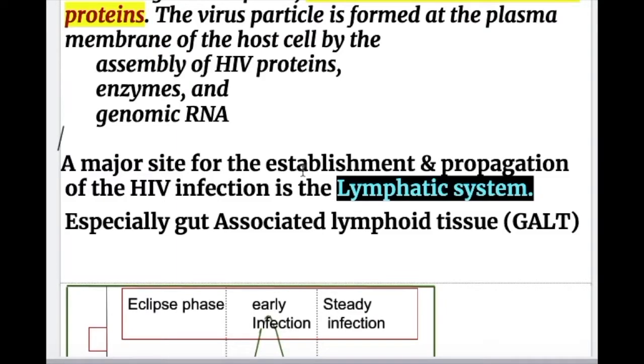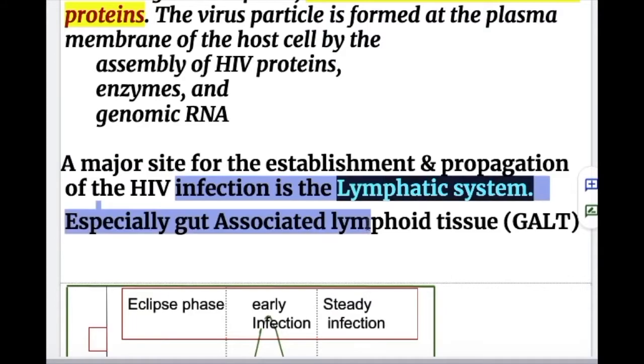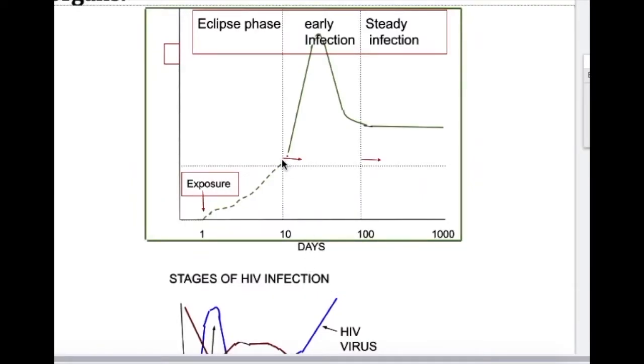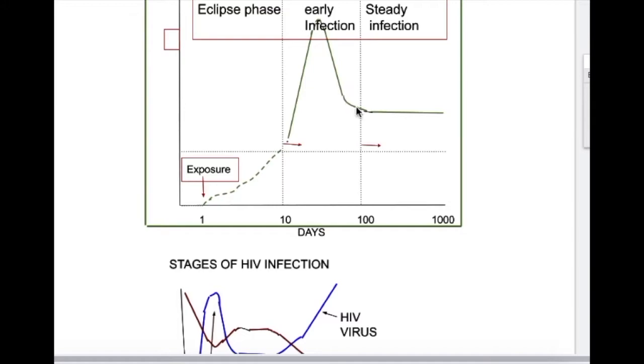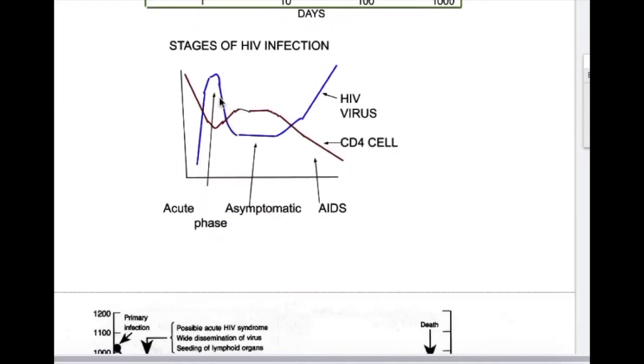A major site for establishment and propagation of HIV infection is the lymphatic system, especially gut-associated lymphoid tissue, GALT. The acute phase that starts after the entry of the virus is a flu-like syndrome, which lasts from about 2 weeks to 2 or 3 months, and then there is a latent period. Here's the acute phase, and then a latent period of about 2 to 10 years, and then the virus increases